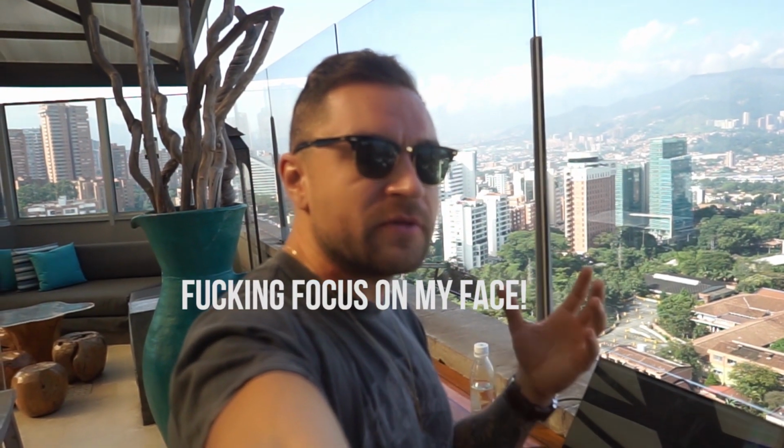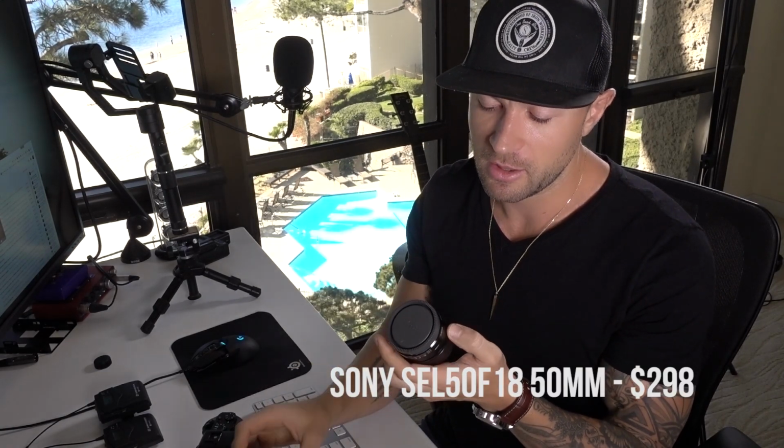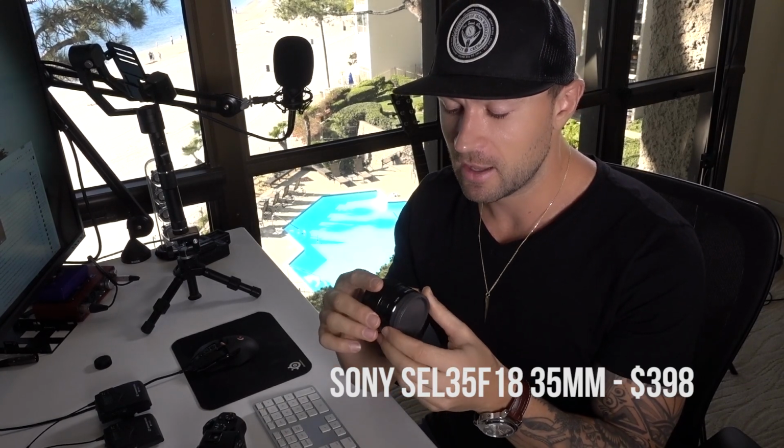It's a great camera. The only complaint I have about it is the autofocus. Maybe I just don't have the settings right on it, but a lot of times the autofocus can be somewhat of an issue shooting with different lenses and whatnot. Another thing I like about Sony is the ability to have extremely small lenses that are still great quality. So I have the 50mm, the 1.8 35mm. I actually had the Zeiss